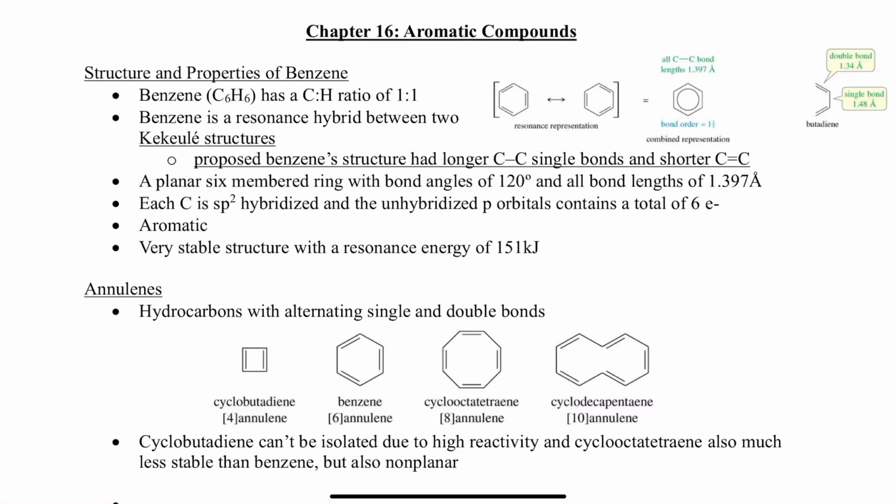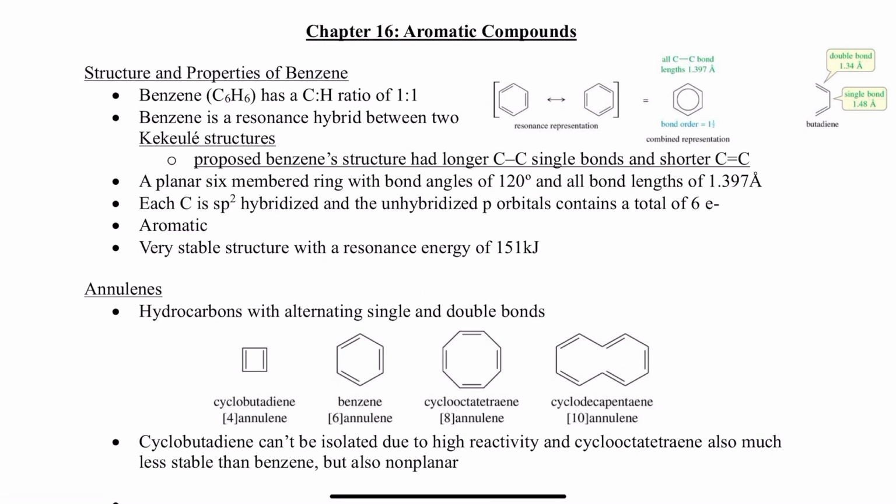So this video is going to cover chapter 16, aromatic compounds. So just a cool and fun history of the discovery of benzene. In 1825, there was a scientist by the name of Michael Faraday, and he was able to isolate a really pure compound, and he noticed that it had a small hydrogen to carbon ratio of 1:1 after doing a whole